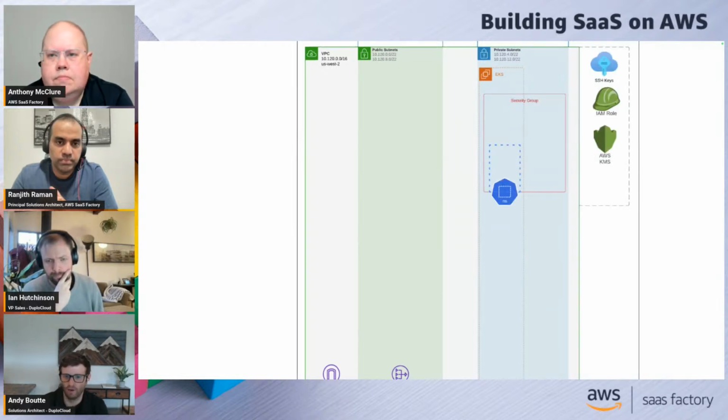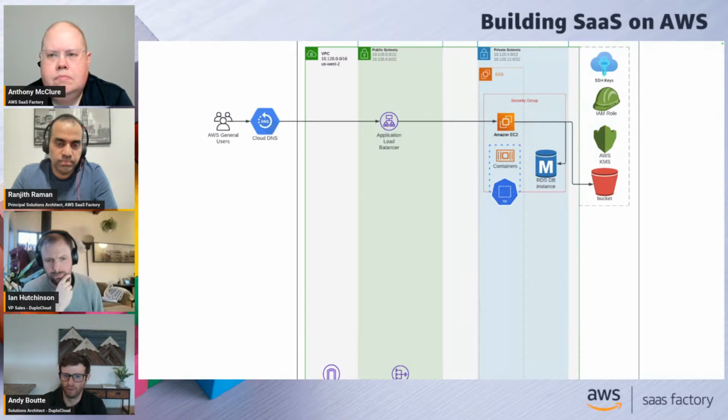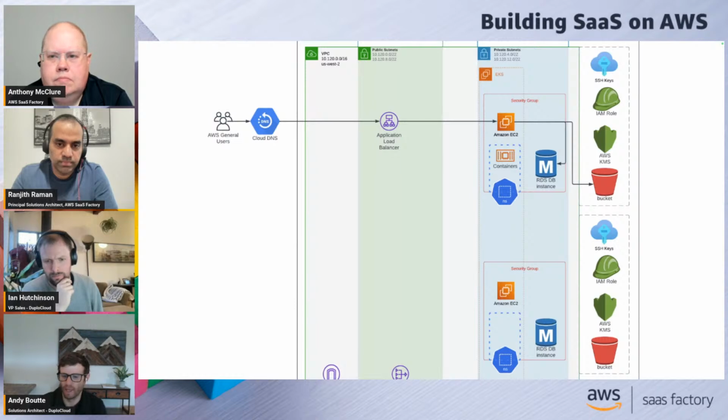So we have another security group, namespace, IAM role, et cetera. Then we've deployed the AWS services inside of that tenant. Then we've deployed the application. We've created the load balancer, created the DNS record, et cetera. And then we've deployed a second tenant inside of that pooled DuploCloud infrastructure. And again, deployed the AWS services and then the application.